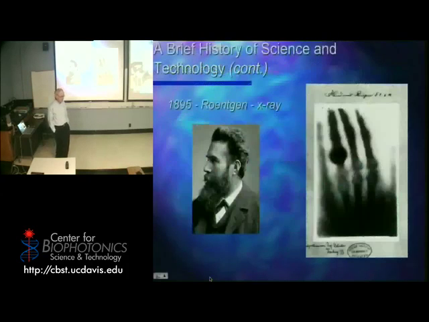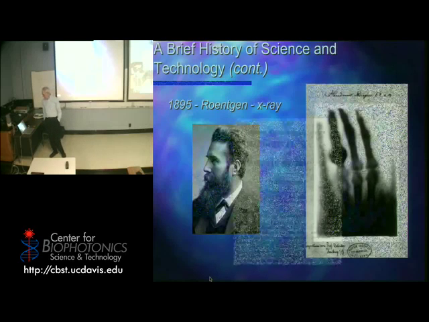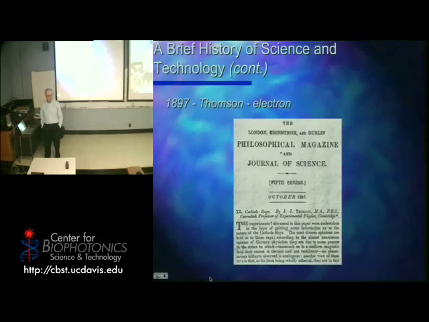So that's Professor Rankin and his wife's hand there, the very first radiograph. This is the paper that Professor Thompson published in the Physical Philosophical magazine in 1897, talking about his experiment. He was basically, refers here to cathode rays. This was really an experiment in a primitive version of an old television tube. He was accelerating electrons into a vacuum, into, again, something that looked very much like a television tube,